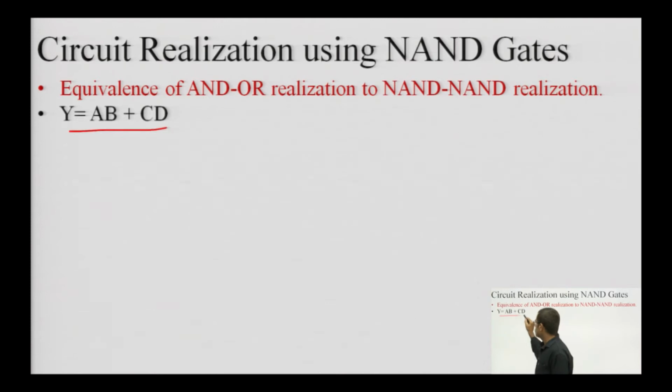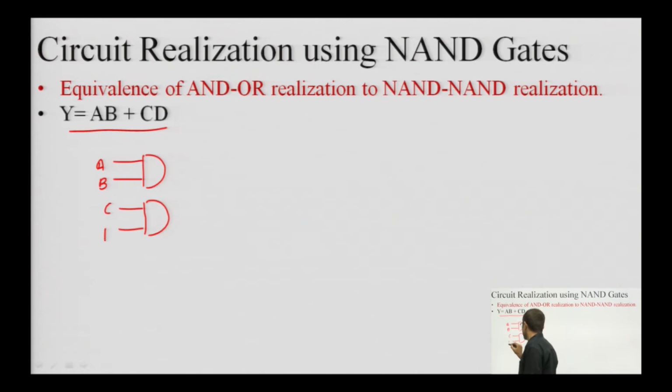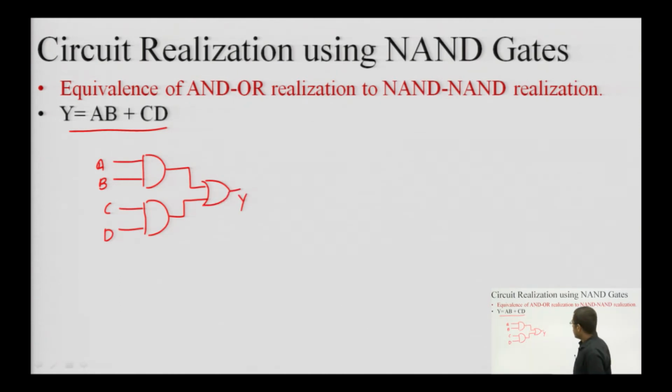So, let us take an example that y is equal to ab plus cd. This is a very simple example which has been taken to prove this equivalence. We can see that this ab is a product, and then this cd is also a product, and both these products are to be summed. So, this is the basic realization of this. Now, if I replace all these AND and OR gates with NAND gates like this one,